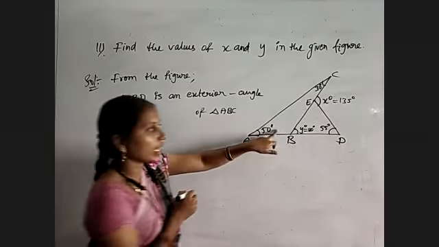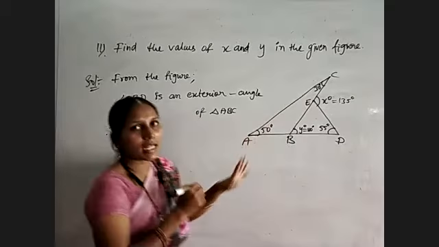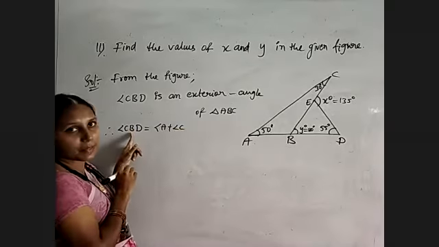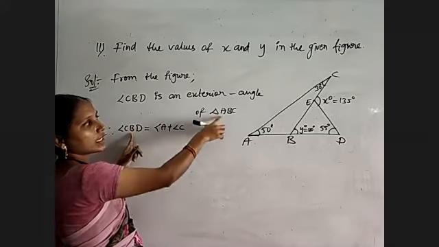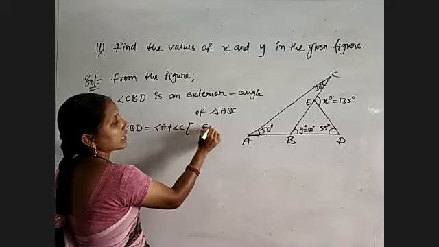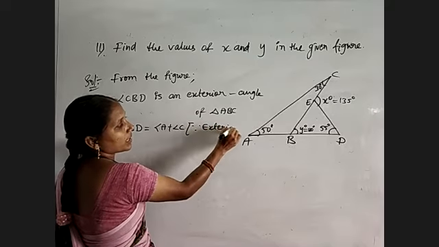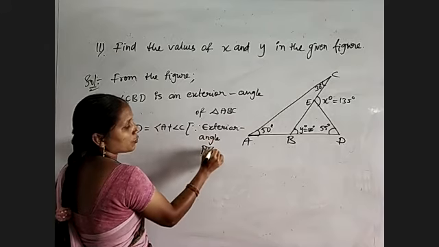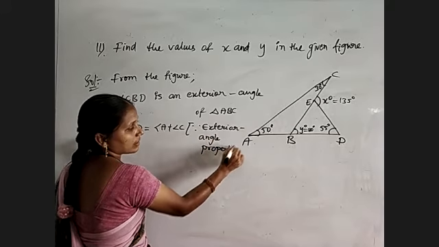Simply we can write like that also, because here no other angles are there. So angle A plus angle C. It is exterior at B. Remaining two angles are A and C. Okay? Because of the exterior angle property. The exterior angle property is that the exterior angle is equal to the sum of the two opposite interior angles.